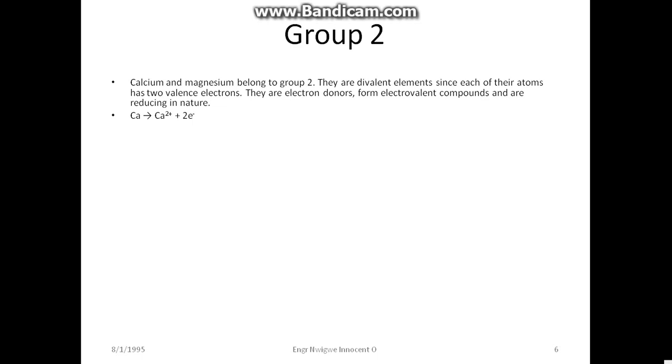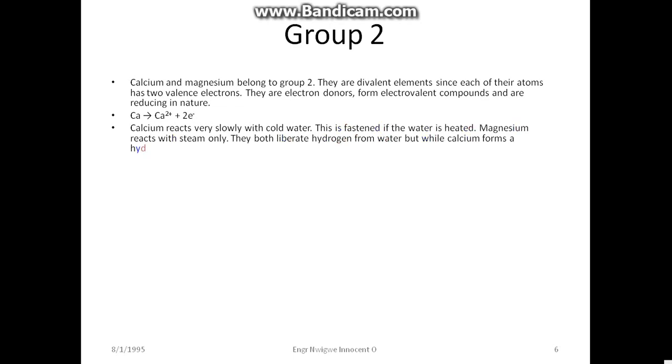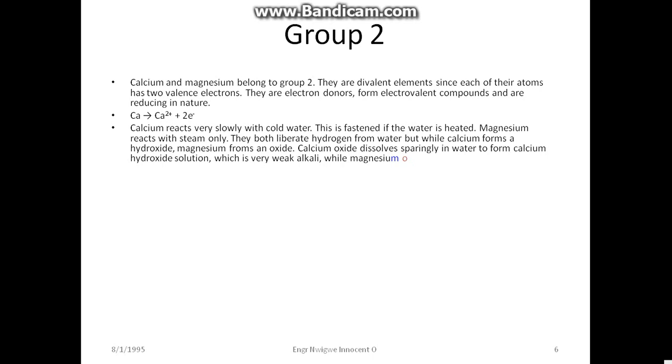Calcium reacts vigorously with cold water. This is hastened if the water is heated. Magnesium reacts with steam only. They both liberate hydrogen from water, but while calcium forms a hydroxide, magnesium forms an oxide. Calcium oxide dissolves sparingly in water to form calcium hydroxide solution, which is a very weak alkali, while magnesium oxide is practically